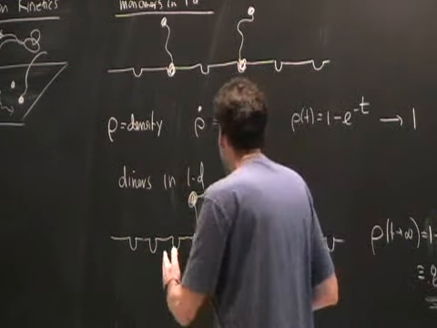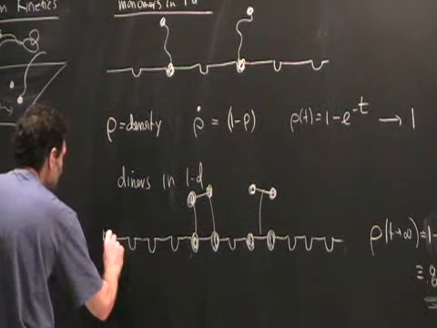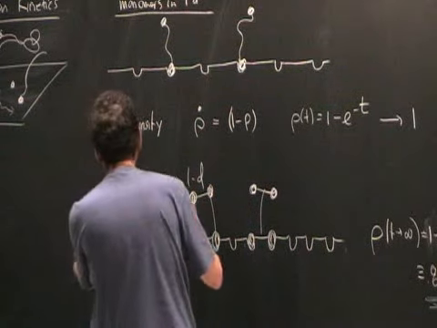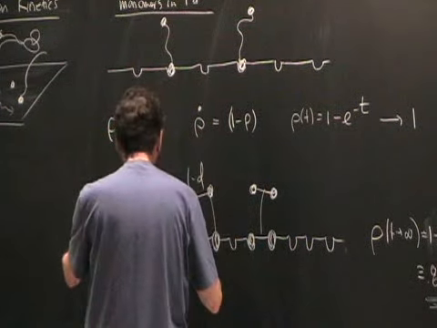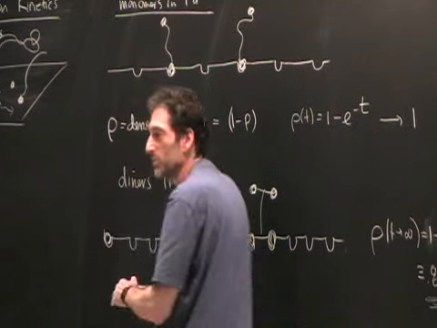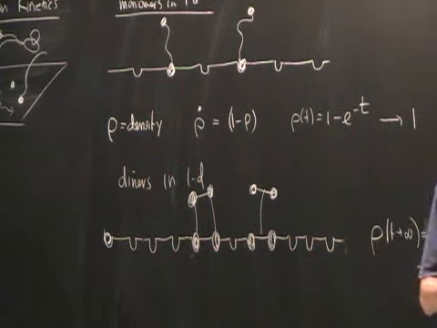And for voids, I would say, well, I want to look for something that looks like this, and so I'd have blinders now of length 5, I want to find a void of length 3, and say, is there 2 occupied sites and 1 empty site in between? I just count the number of these, divide by the total number of sites.